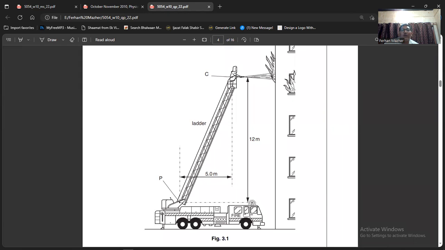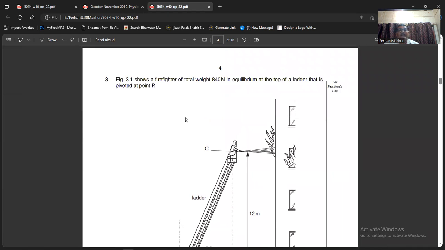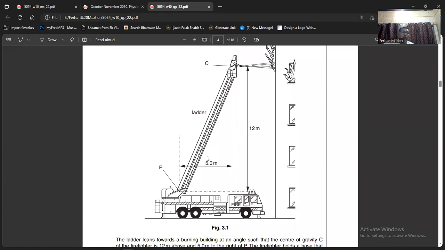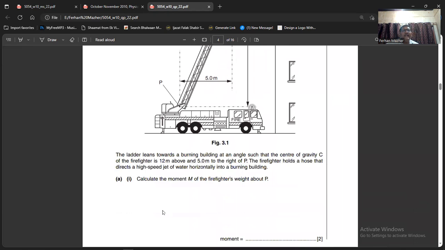So basically we are talking about a firefighter, which is here. Here we have the firefighter. It is on a ladder, and the ladder is pivoted here. So around this the ladder can move. Okay, so the firefighter's weight is 840 Newton, sorry. And you can see the question is, the ladder leans towards a burning building at an angle